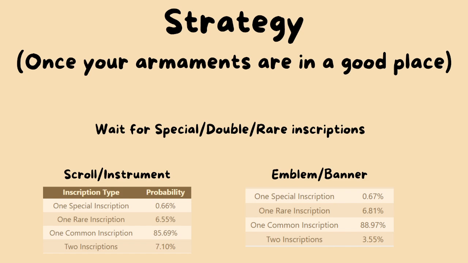Then you're actually holding out for rare or double inscription. And on the off chance that you get a special inscription and you invest a lot into a double inscription, then great, it could move into your second armament set for that troop type if you have 5 or 6 marches. Or I don't think you'll be too mad if you ended up getting a special inscription that you had to